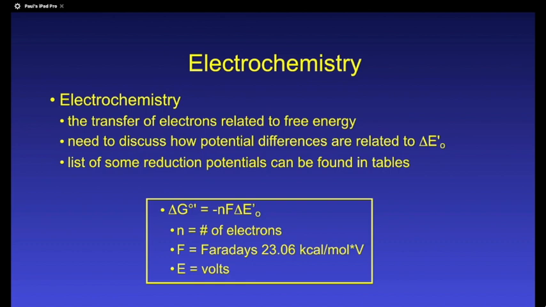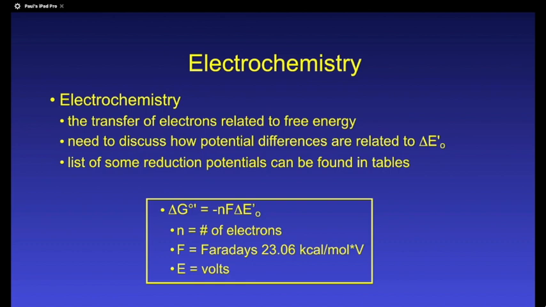Now, in this process, NADH and FADH2 yield 2 electrons. It's a 2-electron carrier. So when you do this calculation with most things, it's 2 electrons. This is the n value, which is something that most people miss, especially on exams. And so make sure you bring your calculator for the exam. Now, the Faraday's constant is something I will give you, and it's a value in energy per mole that you're going to move,